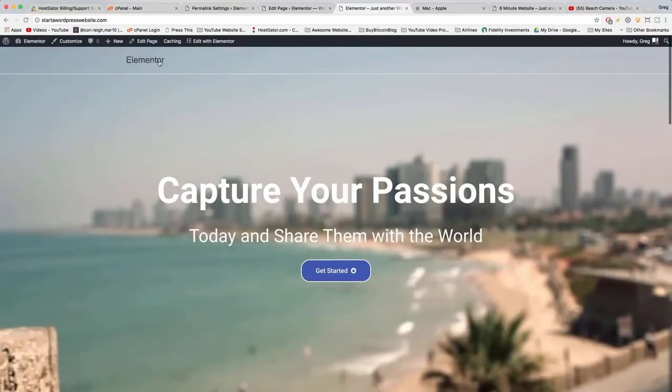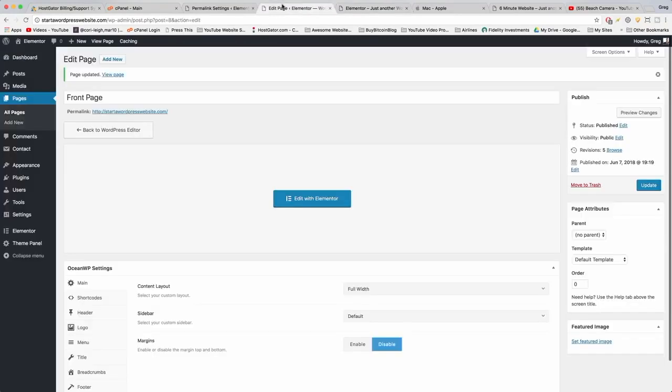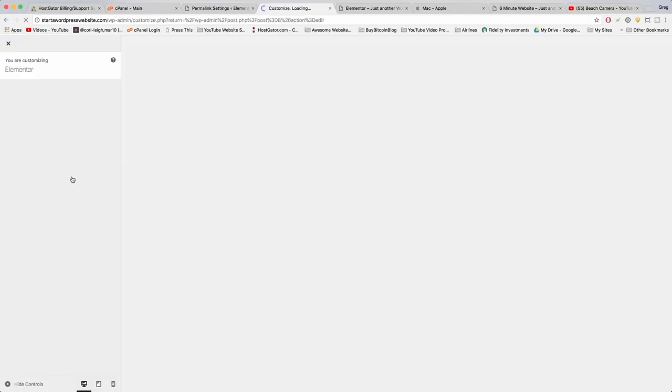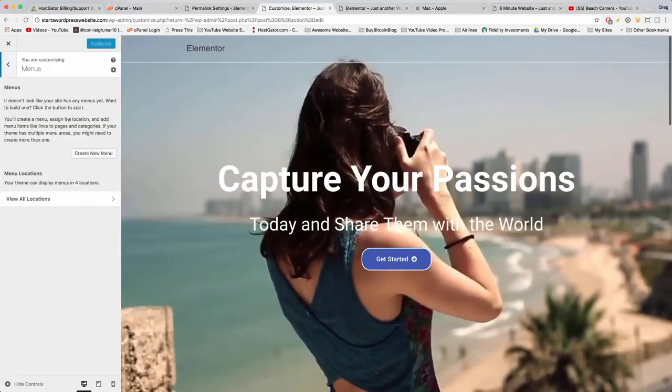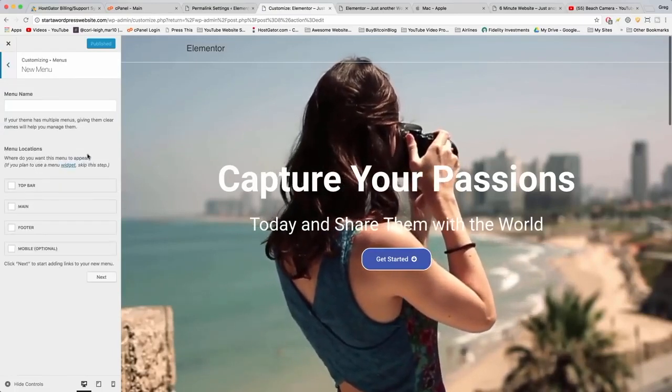So next, to create that header of ours, we can just go back to our page editor, and we're actually gonna hop over to Appearance, Customize. If you hover on Appearance, you'll get this little drop down and click Customize. This is where a lot of the old WordPress edits used to take place. Still do. And now we're just gonna click on Menus, and we're gonna click Create a New Menu and give